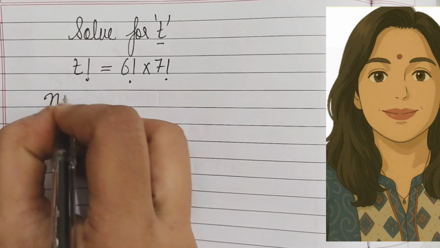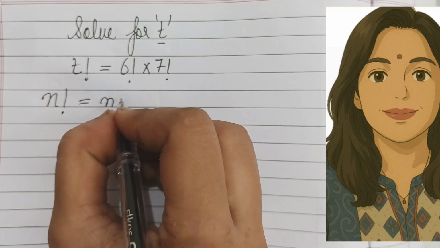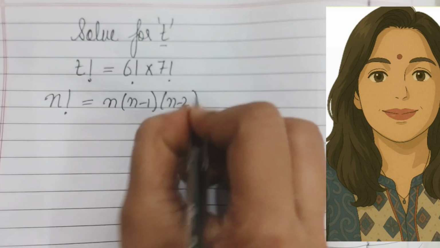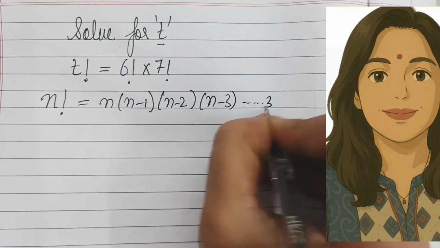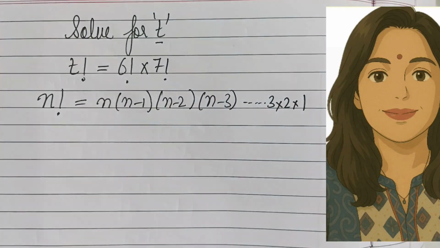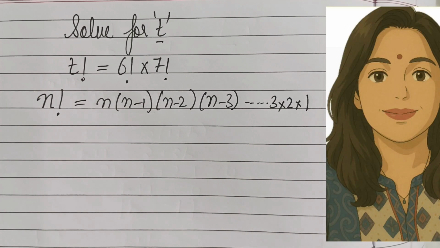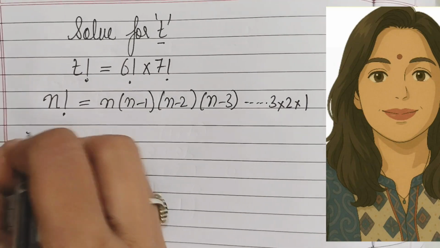Factorial: let there be a number n, then its factorial will be n into n minus 1 into n minus 2 into n minus 3 and so on, down to 3 into 2 into 1. A factorial is the multiplication of a number with the numbers in decreasing order till 1. Okay, for example,